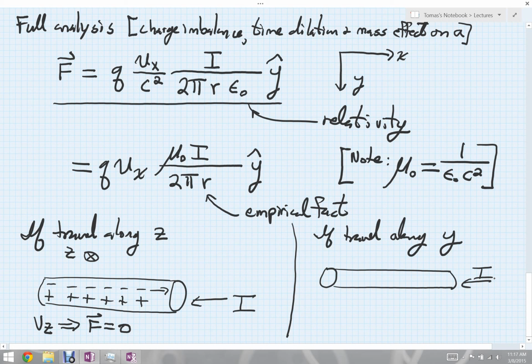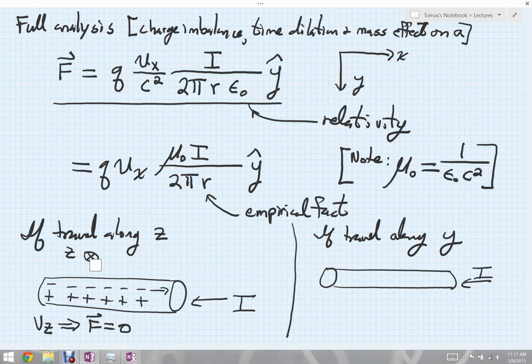And if you work through the whole analysis, you can either take this as an observation, or also you can see it from relativity, that when I'm moving along z, right, there's no contraction along the other direction, so everything looks kind of normal. When I go along y, things get a little bit more subtle, but